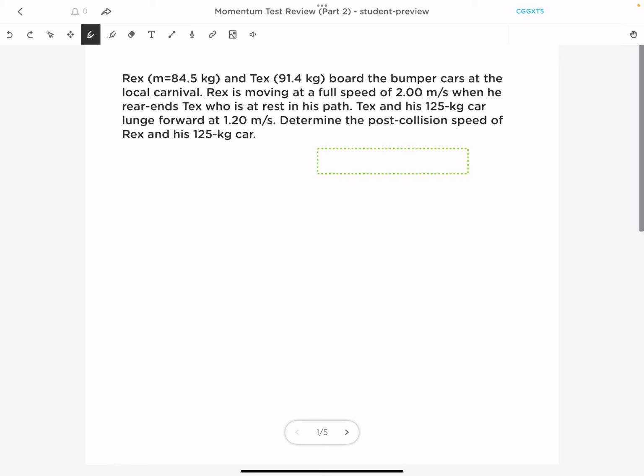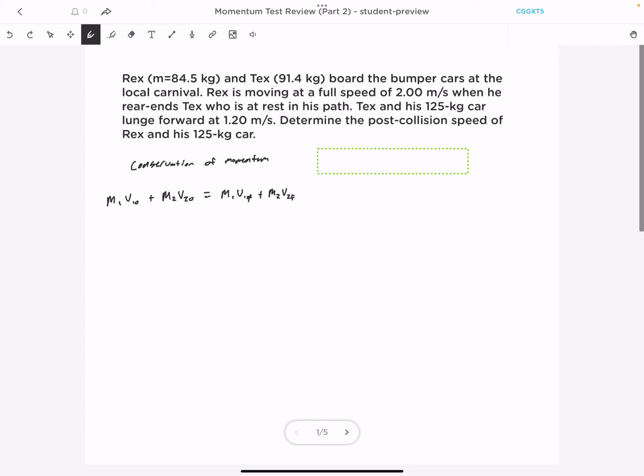So I think a good way to start this problem is we know that we have to use the conservation of momentum. And we know that momentum is simply mass times velocity, right? So I have two objects here, m1 v1 naught plus m2 v2 naught. These are the initial momenta of Rex and Tex before the collision, and that has to equal the final momentum after the collision. So m1 v1f plus m2